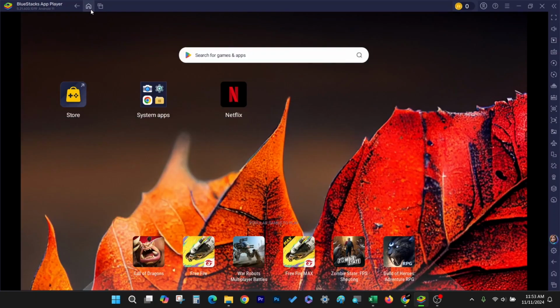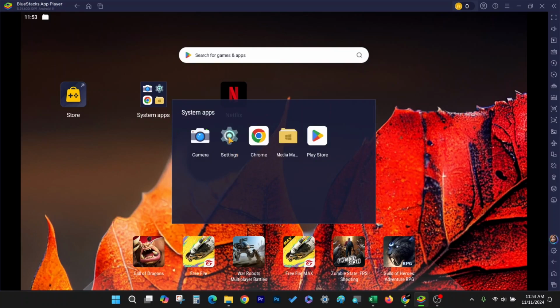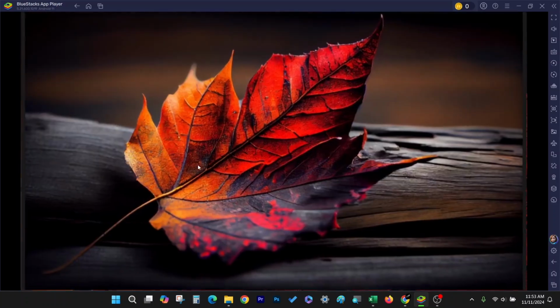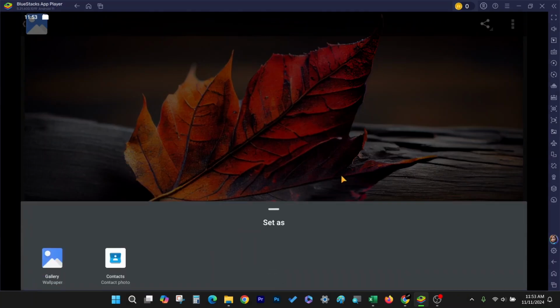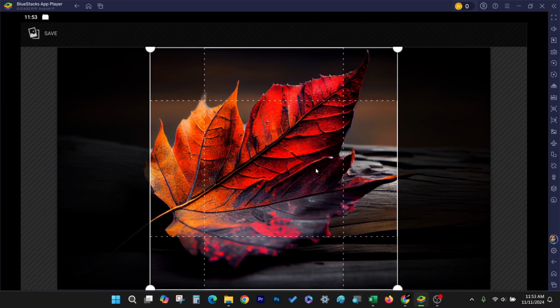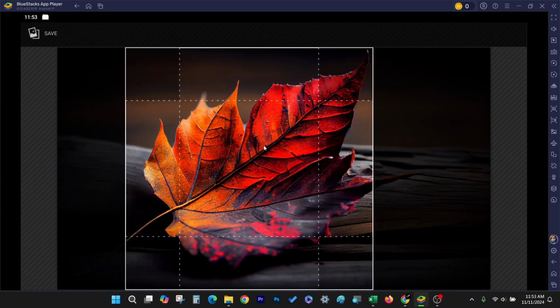Just go home and your wallpaper is there. Now if you want, you can adjust the crop area like so. Click save,